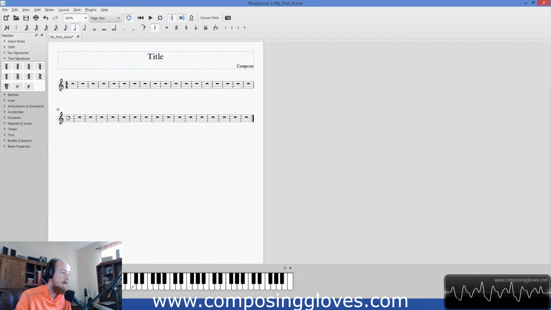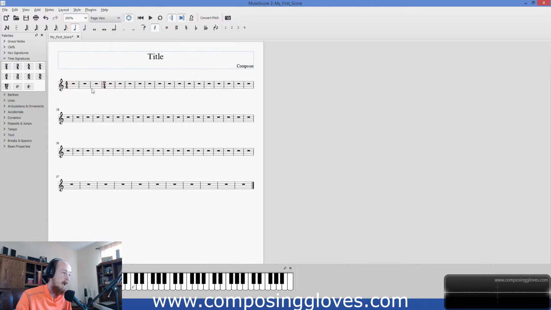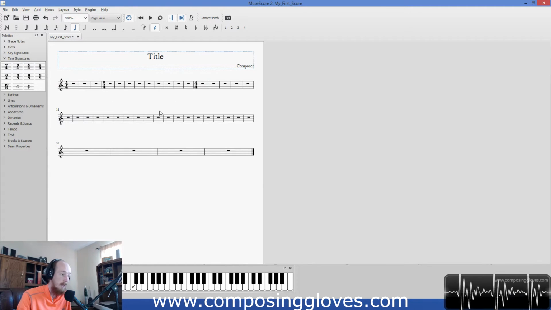So if we have a 4/4 measure here, so this is count 1 2 3 4, 1 2 3 4, 1 2 3 4. And then let's say on our 4th measure, we want there to be a 2/4. 2 beats here, because we have some rhythm that's 2/4. So we just drag a 2/4 there, and bang, it's now 2/4. And so we have 1 2 3 4, 1 2 3 4, 1 2 3 4, and then 1 2, 1 2, 1 2 for the rest of the song. And then we say, hey, no, we need to be 4/4 again, at that measure. So all these measures are 2/4, but these are 4/4, and these, and these, all the rest of them are